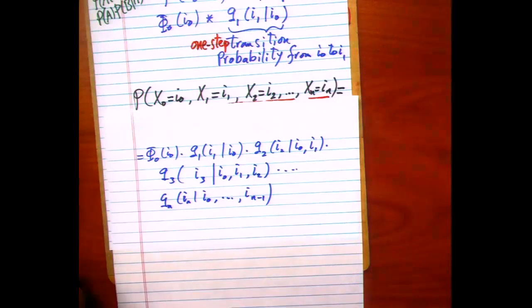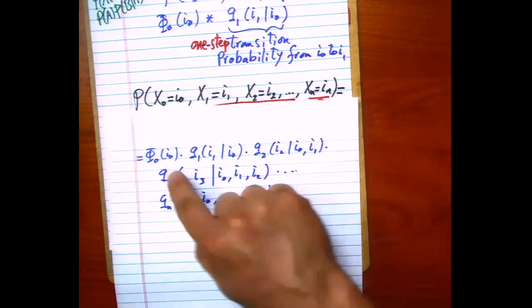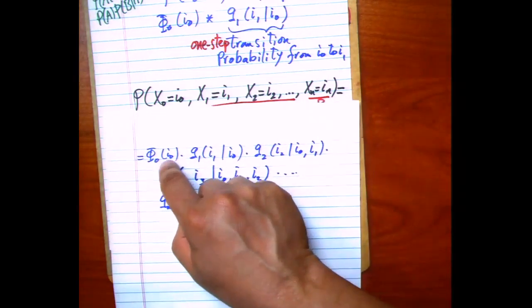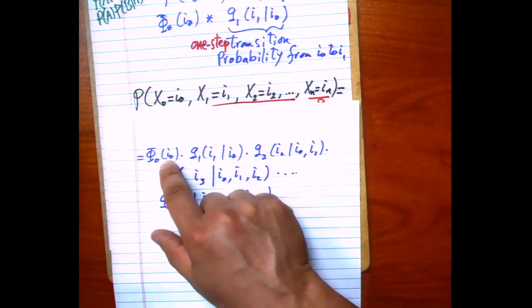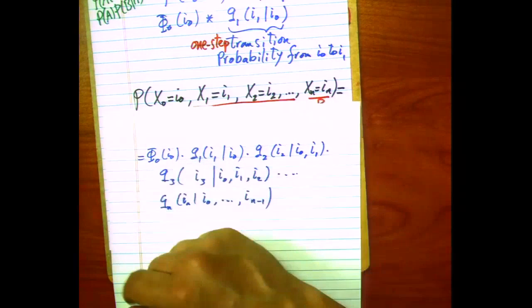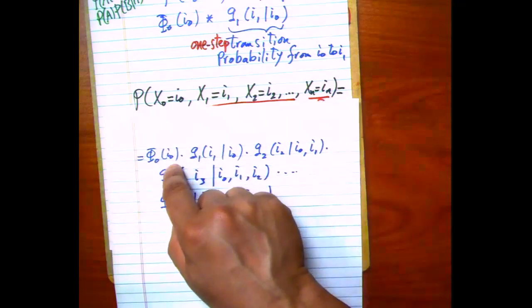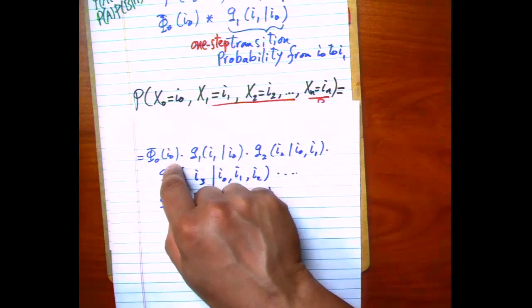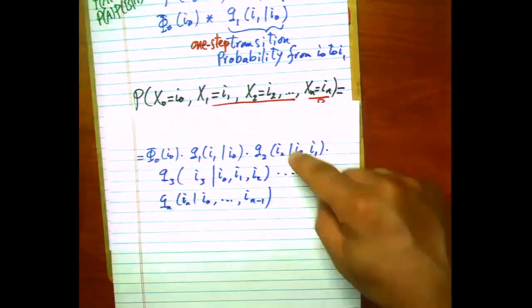That's the goal. But how can I find these Qs? Maybe I can assign this. Maybe I can have some restrictions or conditions for this one. Maybe I can observe where the system started from. I know, for example, today it was dry. Okay? So it started for sure from the dry state. It wasn't raining, right? So the probability it is dry today is 1, and the probability it's raining is 0. So I know the initial distribution. But how can I find these probabilities?